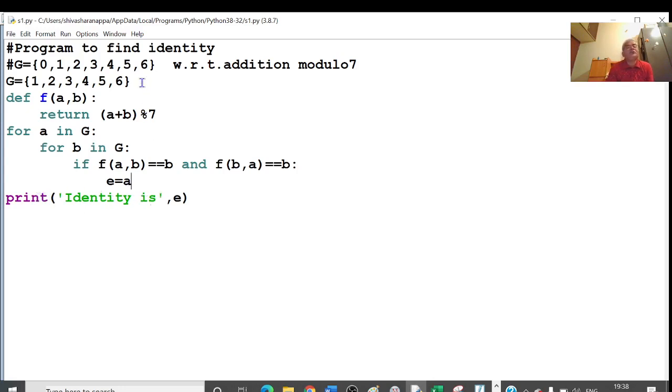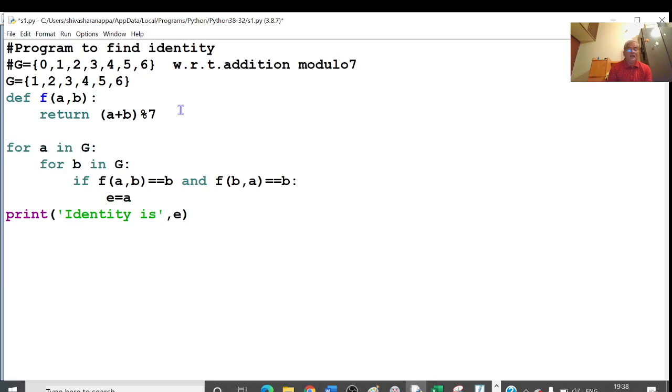For that, before coming into this for loop, I will assign some value to E. So that is E equal to, any value which is not in this G. Let me take this because I don't know what the identity is: 0 is the identity, 1 is the identity, 2, 4, 5, 6.